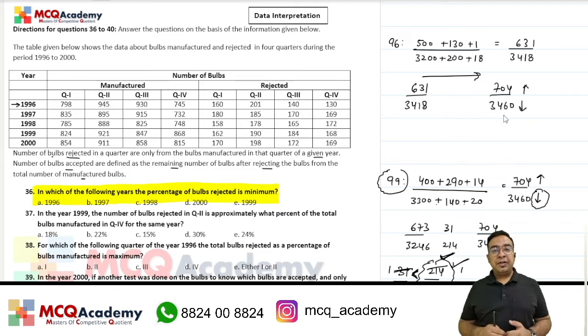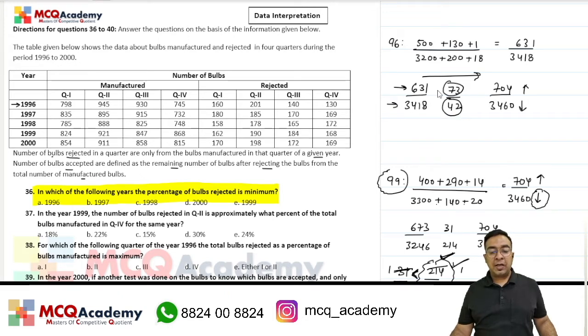Therefore, now we would need to get into the proportionate comparison of changes in numerator and denominator. तो देखिए जरा 631 से 704 के ऊपर जब हम लोग जाते हैं, there is a change of 73 in the numerator, whereas for denominator this change is equal to 42। Clearly जब हम 73 को as proportion of 631 compare करेंगे as compared to 42 as proportion of 3418, तो हमें पता चलता है कि न्यूमरेटर में प्रोपोर्शनेट चेंज ज्यादा आ रहा है। प्रोपोर्शनेट चेंज इन न्यूमरेटर इज मोर एज कंपेयर टू प्रोपोर्शनेट चेंज इन डिनोमिनेटर।